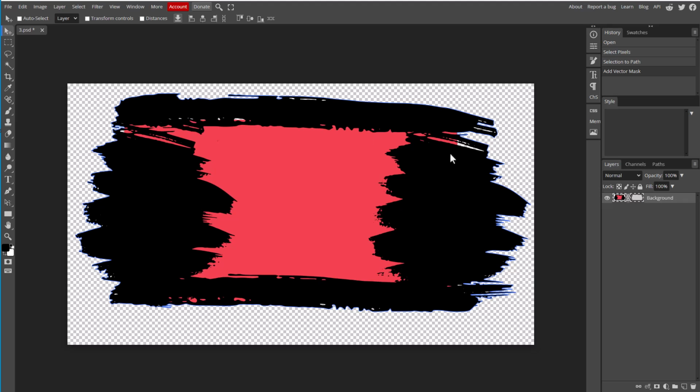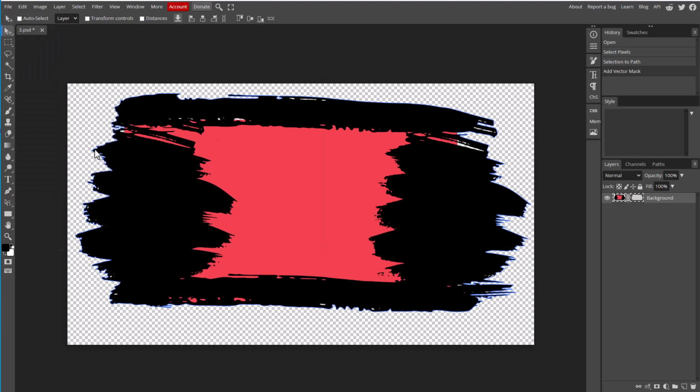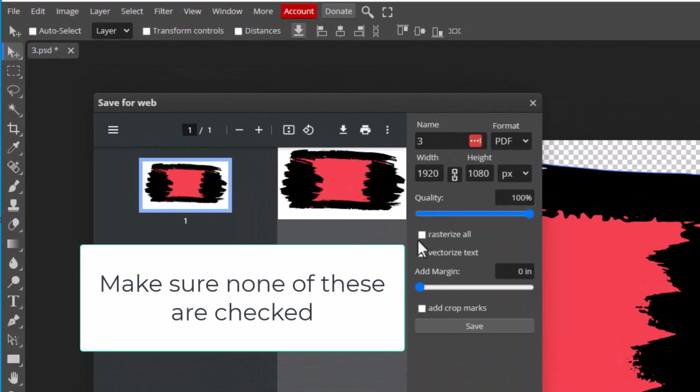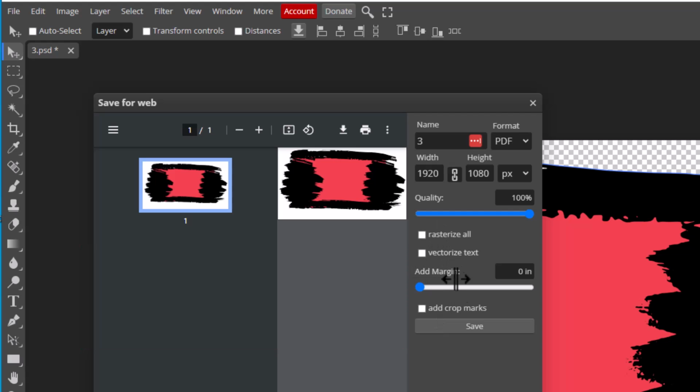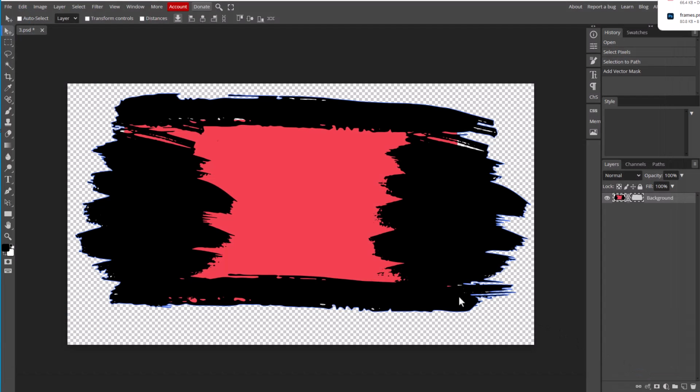Okay, so the final step now that we've done those steps is we're going to come up here under the file menu. We'll go export as. We're going to choose PDF. That's important. We need to choose PDF. And then in here, it's important that we don't check any of these. These could potentially mess things up. We don't want to do that. We're just going to leave all those turned off, and we're just going to export it as a PDF, and we'll save it somewhere on our computer, and then we're going to bring it back into